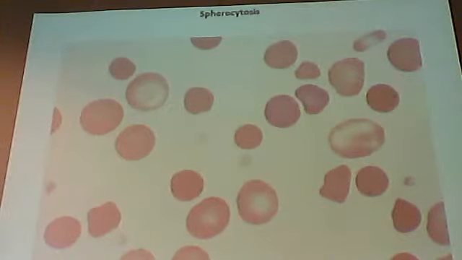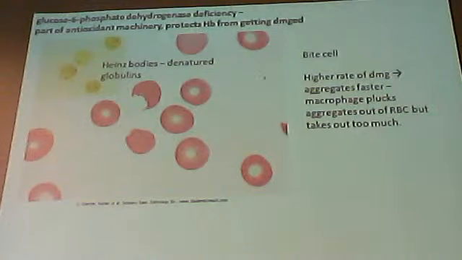You have this other thing called a Heinz body that you see with glucose 6-phosphate dehydrogenase deficiency, and with this, this enzyme is part of your antioxidant machinery, and so it breaks down things that cause some sort of oxidative stress to your body, and so it protects your hemoglobin. And so what happens is your cells look like they've been chewed out, because a macrophage sees that you have these accumulations of